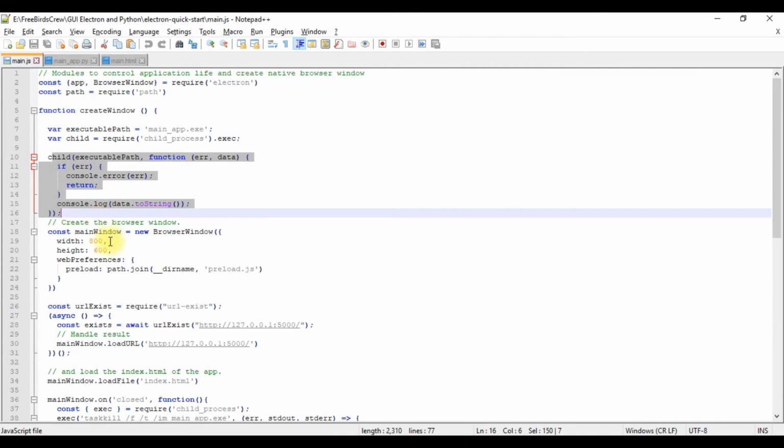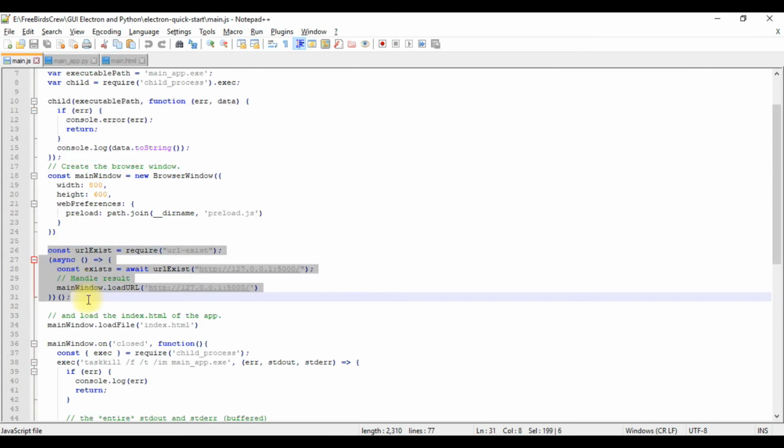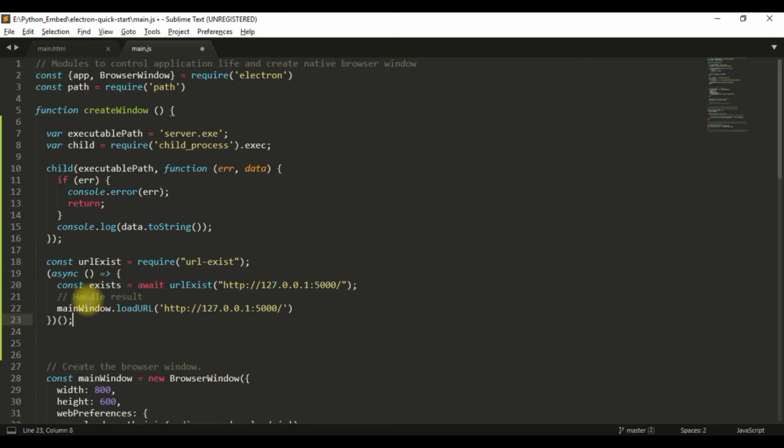And now the other thing is we can check for the URL, because as you know, our JS application is simply run on the Node.js server, but our Flask application is run on this address. So it's needed to add this address in the main.js file so it can handle our Flask application very comfortably. So as you see, it requires the url-exist function, so it needs to be installed also.